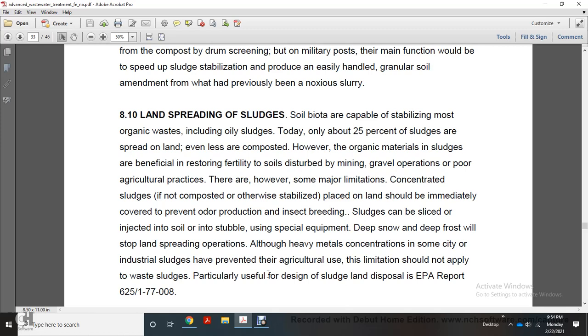Deep snow and deep frost will stop land spreading operations. Although heavy metal concentrations in some industrial sludges have prevented agricultural use, these limitations should not apply to waste sludge. It is particularly useful to design sludge land disposal using the EPA Report